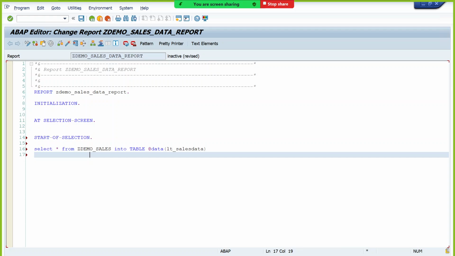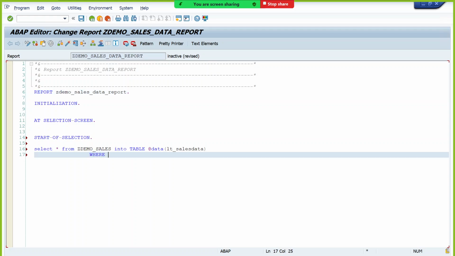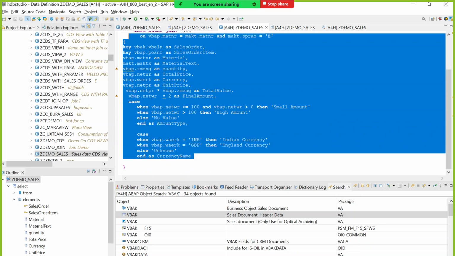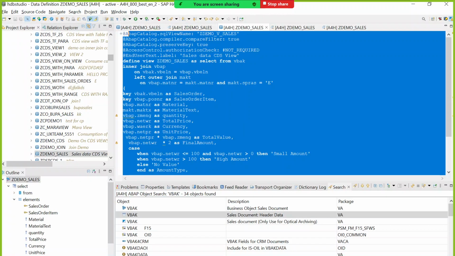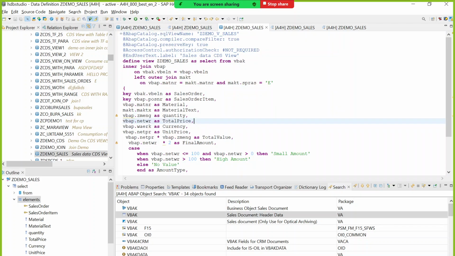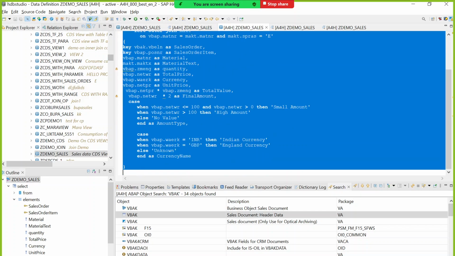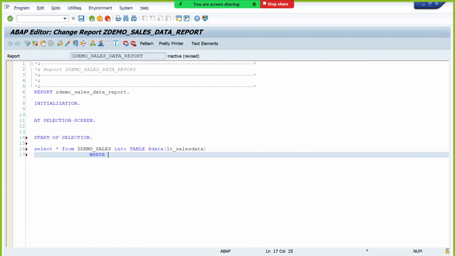You can use your where condition or not. Okay, so the simple regular where condition you can use. So it will filter the data from CDS view, but again, how it will filter? It will select entire data, depends on the CDS view join condition, and it will transfer the data to application layer. And here you are able to filter that data, whatever the data selected by CDS view, that data you are filtering. Okay, you are not applying filter on the CDS view logic. Okay, you are just applying filter on the data which is selected by the CDS view. You are not able to apply filter on the CDS view directly without using parameters. Okay,